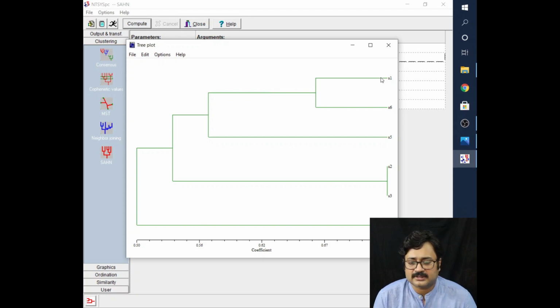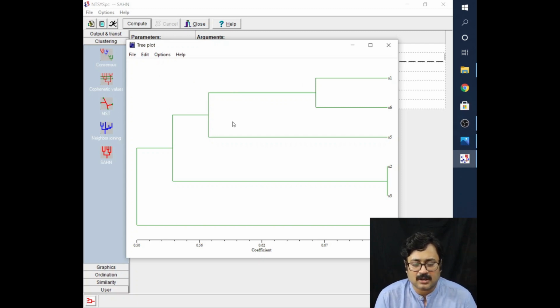So what you can say from this, a very basic concept, is that samples 2 and 3 are very closely related to each other, and then sample 1, the nearest to sample 1 is sample 6. Then for this particular clade, the next most similar one is A5. Then for that, the next similar is A2. A3 and A4 are the most dissimilar to all of these 5 samples. So this is the very basic thing which you can deduce from this particular graph.